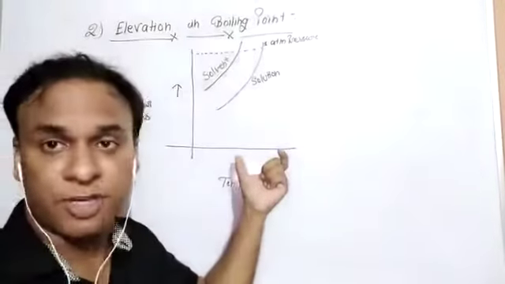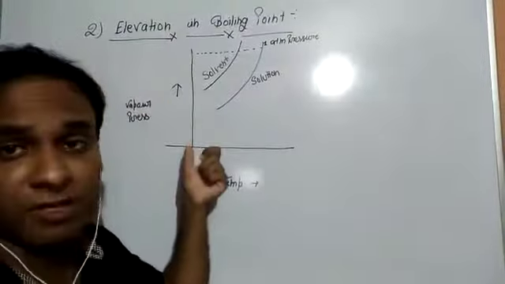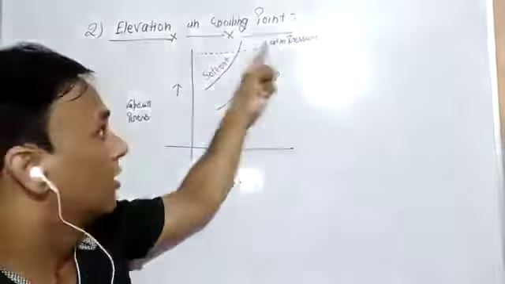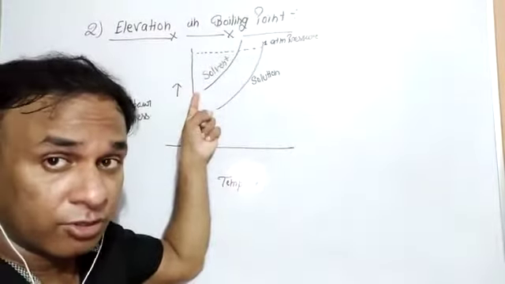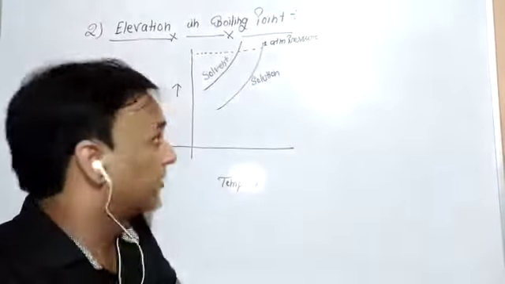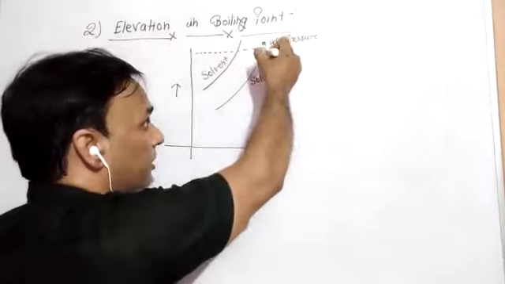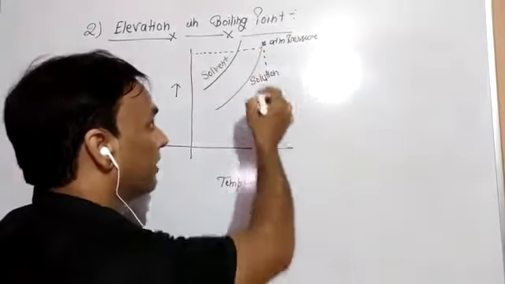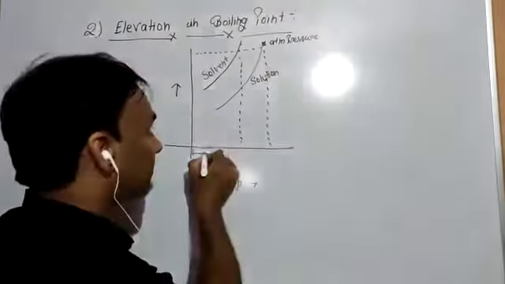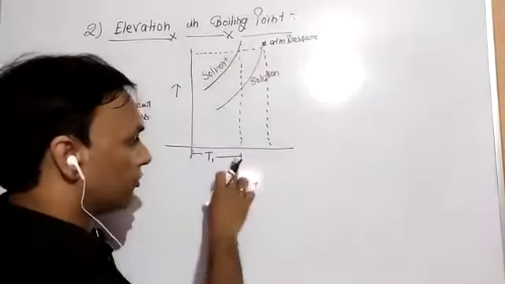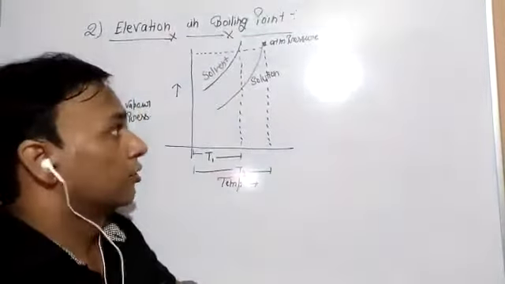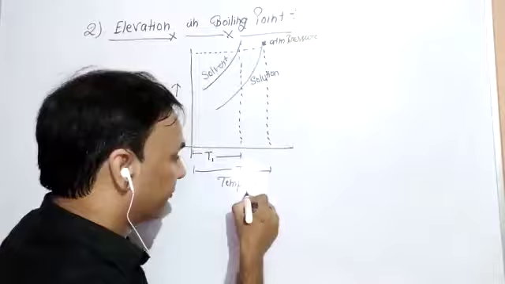Here, this is the temperature axis, the x-axis, while the vapor pressure is shown on the y-axis. Clear? And the vapor pressure goes up to 1 atm. This graph is for the solvent, while this graph is for the solution. When we measure the temperature, we have to draw a perpendicular to the y-axis. Let T1 be the temperature of the solvent, while T2 is the temperature of the solution. Clear?